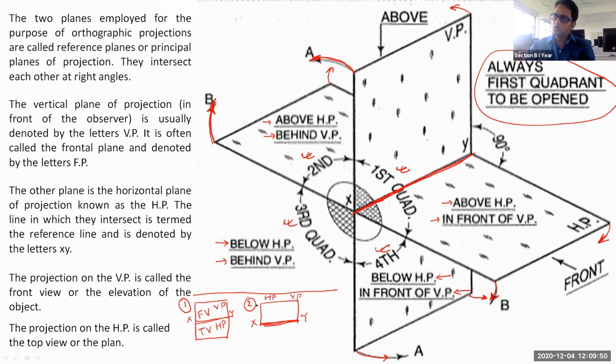So this vertical plane and horizontal plane will be overlapping on each other because we are opening this in this direction and we are opening this plane in this direction. So it will be overlapping on each other. Whether this part is clear or not, you tell me in the chat box. For second quadrant, is it clear or not? Overlapping vertical plane and horizontal plane.